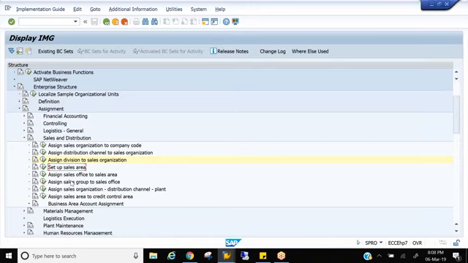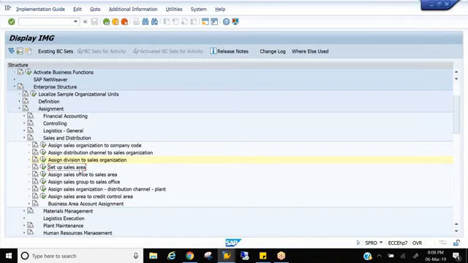So what exactly is a sales area? It is an assignment in SAP with a combination of your sales organization, distribution channel, and division, which will help us to create customers, that is master data, and transactions. See, anything in the SD module, whether it is master data or a transaction, should be under a sales area. So how do you explain this to customers? That's the reason they ask this question in interviews very frequently. What is a sales area, and how did you convince your customer to have a smaller number of sales areas?